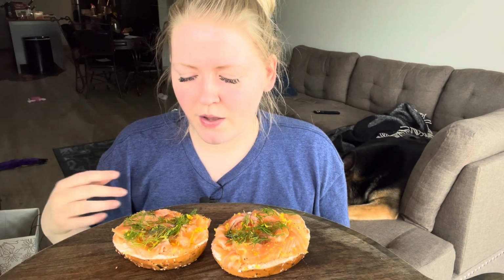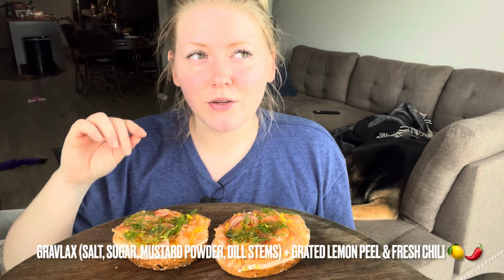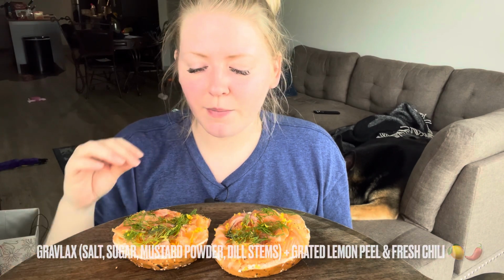But let's get down to the start of the show. I have the information on how to marinate this, or what I put in it, on Instagram. But basically, it's crab lox with additional lemon peel. Like I put 2 lemon peels in the actual marinade. I also put fresh chili chopped up,